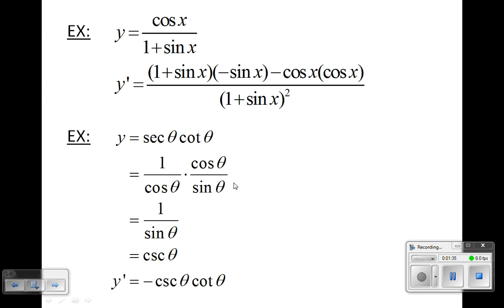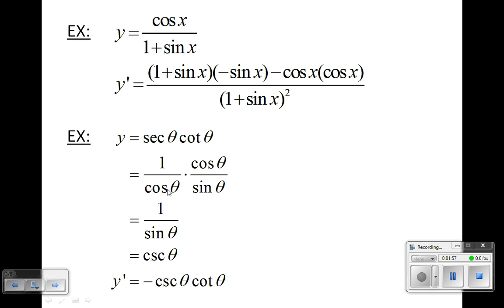Okay, the second one, y equals secant theta cotangent theta. This one I put in because if you think about simplifying it algebraically first, you can do quite a bit with it, and then taking the derivative won't be so hard. Otherwise, if you didn't think about simplifying it algebraically first, you would be doing a product rule. So if I want to try to get out of doing product rule,